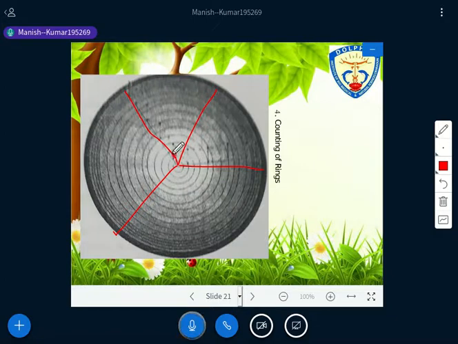And then you have to use one pin and put the pin in after every 10 rings. After 10 rings. Is it okay? And when we are placing the pins, you just check whether all the pins are in the same circle or not. That's why these 4 radii have to be used. First pin here, second pin here, fourth pin, and then you can closely look at whether all the pins are in the same circle or not. Is it okay? Right. As I've discussed within the stem, not so much detail has to be discussed. After that, counting of rings has to be done. Is it okay?